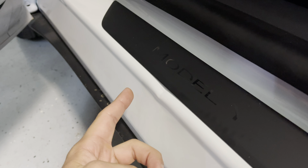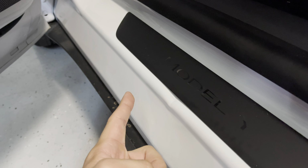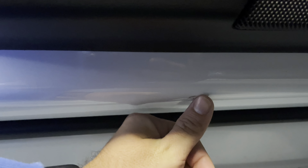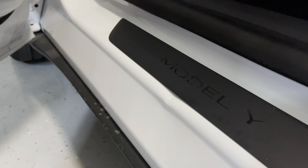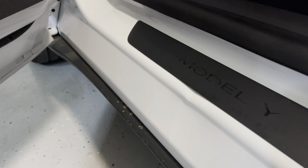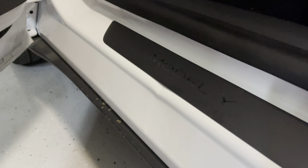And I stated that this was seen and reported within 30 minutes of delivery, found with pictures and everything. When he looked at it further, he noticed that it actually also has a little dent right there, because it seems like something was in this area when the door was closed. They were saying, oh, maybe it was the seatbelt, but then the blame was kind of pushed towards the customer, which I don't really, that kind of felt bad, just because you are somebody that just paid this much money for a car, and